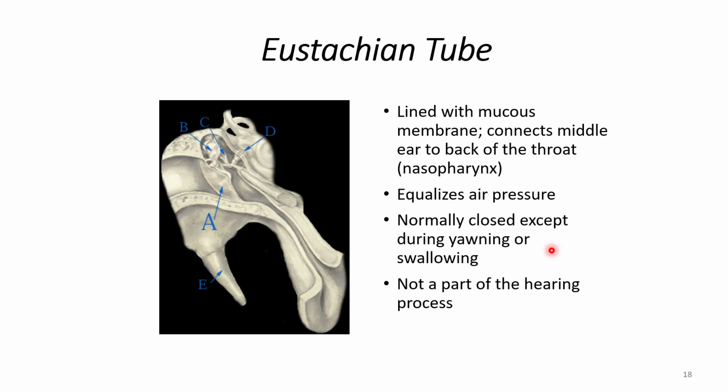Though the aircraft has its air pressure maintained chamber, still we feel some sort of pain or discomfort. So people are advised just to have a candy or something like that, so that you can keep on swallowing or chewing, and your Eustachian tube gets opened and closed frequently, and it keeps equalizing the air pressure from the external ear towards the middle ear, so that both sides' air pressure is equal. So that's the importance of the Eustachian tube.